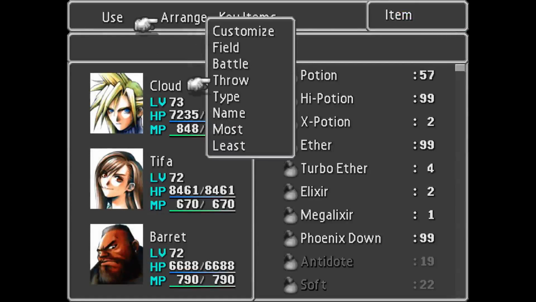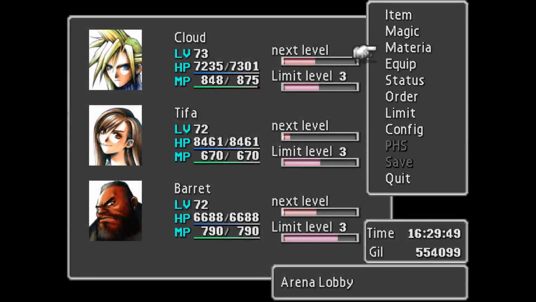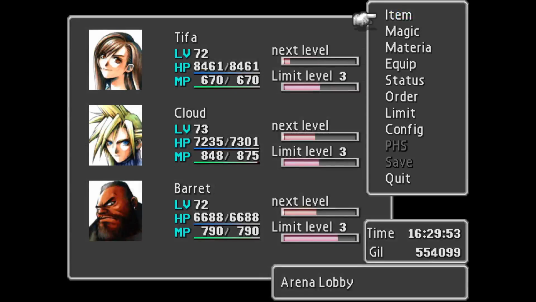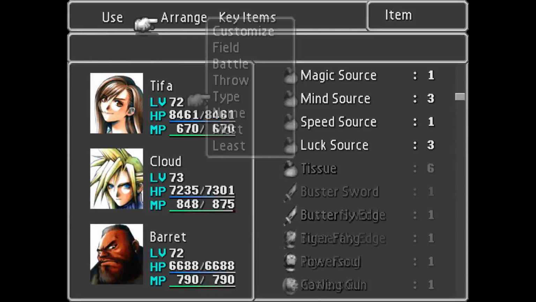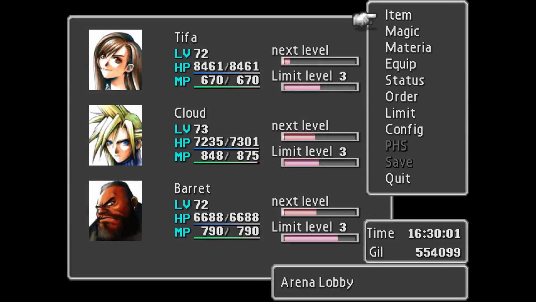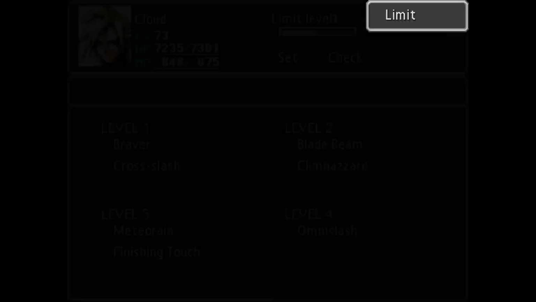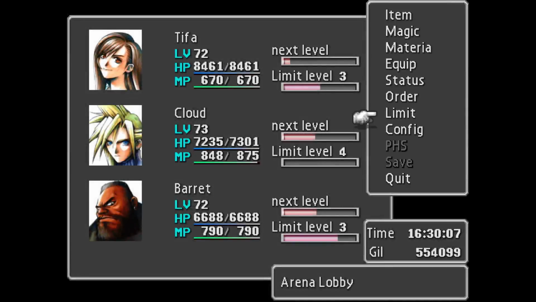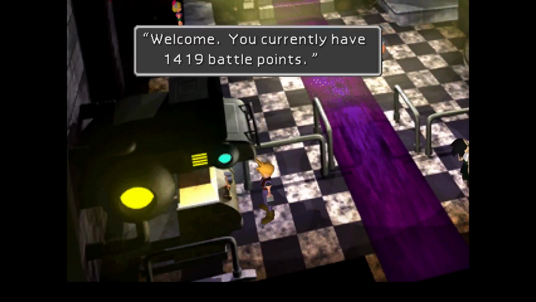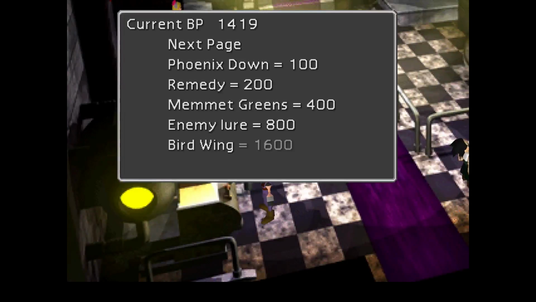So I will be showing off the limit break here, as soon as I put Cloud in the right position, I guess. I'm kind of OCD about that. So now let's see. We got Nanaki and Aerith, and now Cloud that have their final limit breaks now. So we're gonna cut to